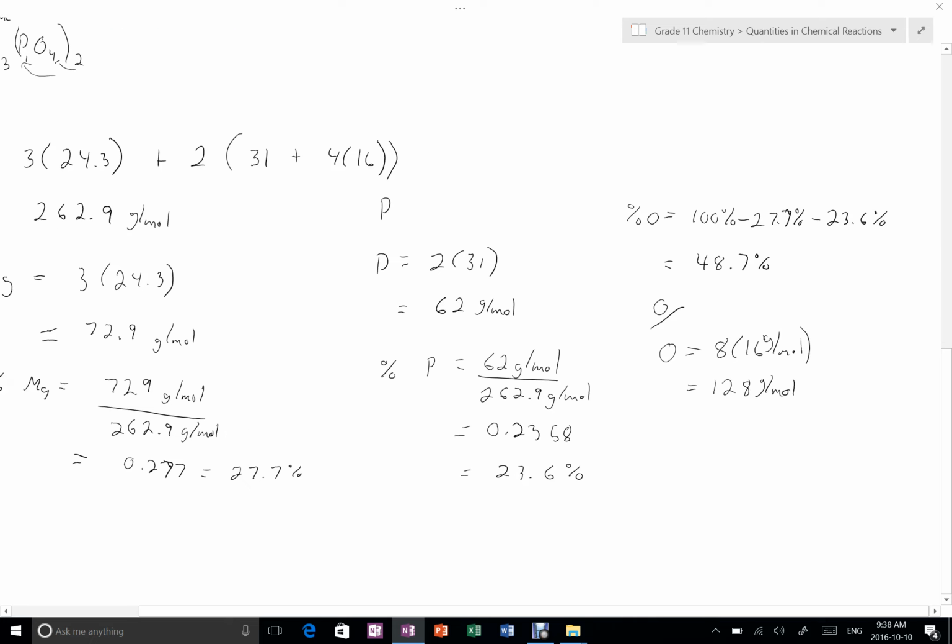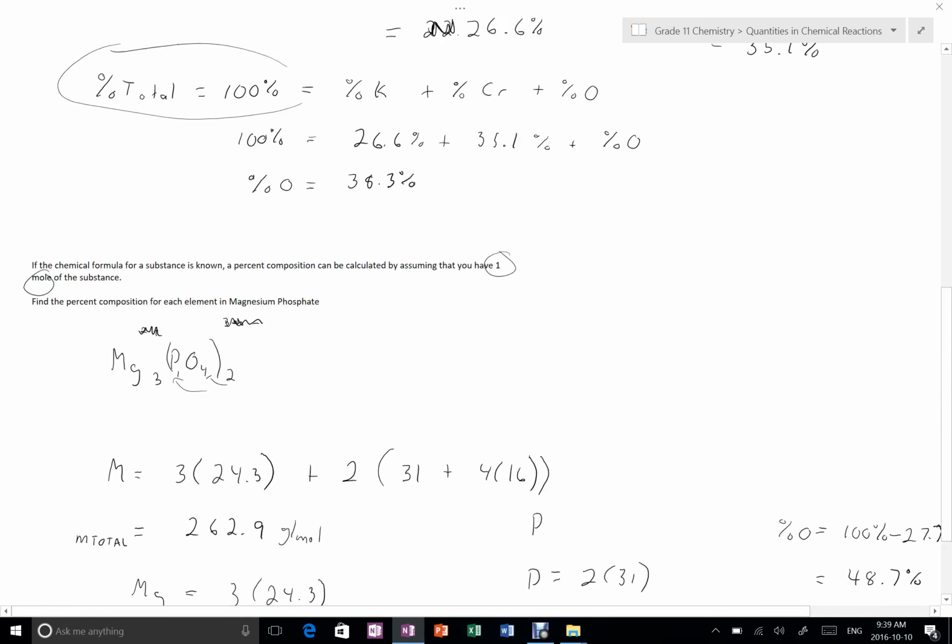And I still know that my total mass is 262.9. So my percentage of oxygen would be 128 grams per mole divided by my total of 262.9 grams per mole. So that works out to 48.68%, or 48.7% if you round, which agrees exactly with what I got, which means I must have done it right. So, all the way through again,